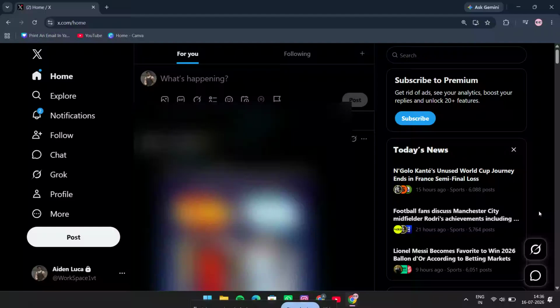If you want to start receiving email notifications on X, formerly known as Twitter, this quick guide will show you exactly how to turn them on in just a few clicks. This is useful if you do not want to miss important account updates, security alerts, activity notifications, or messages related